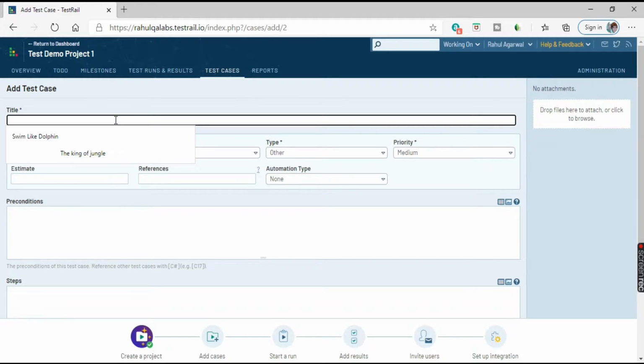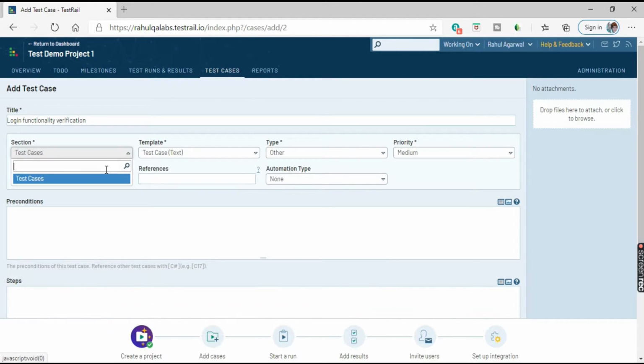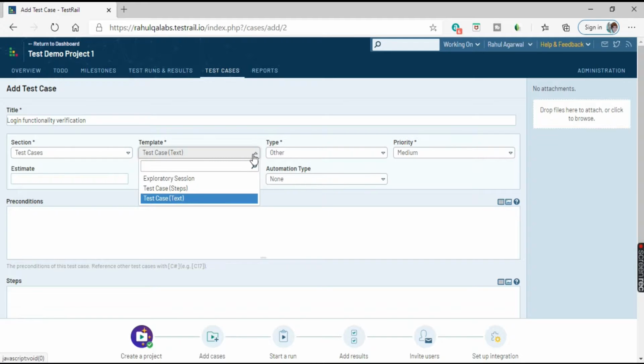The first one is the title of the test case. So for example, this is login functionality verification. You have given the title. Now comes the section. As of now, we don't have any sections, so we'll take the default section. Now there are certain templates available for creating the test cases. We have test case text, we have test case steps, and we have the exploratory session. So we will take the test case text,